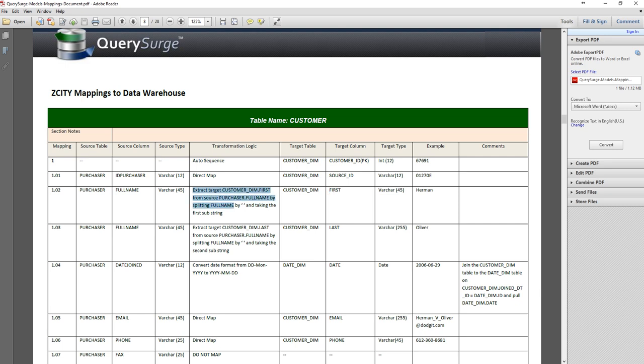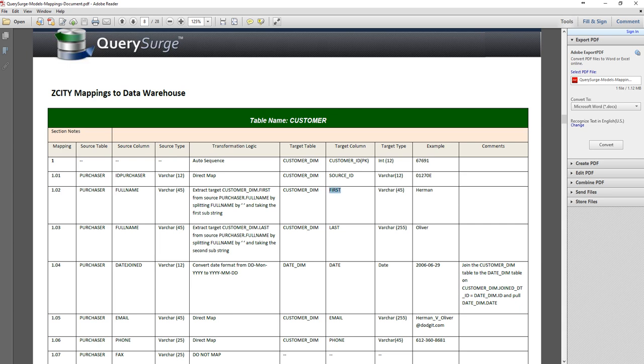Similarly the last column, first name, last name. So these two levels of transformations we need to perform. We need to split the full name into two parts. The first part will be loaded in the first column, and the second part will be loaded in the last column. This transformation logic is very important. Similarly,